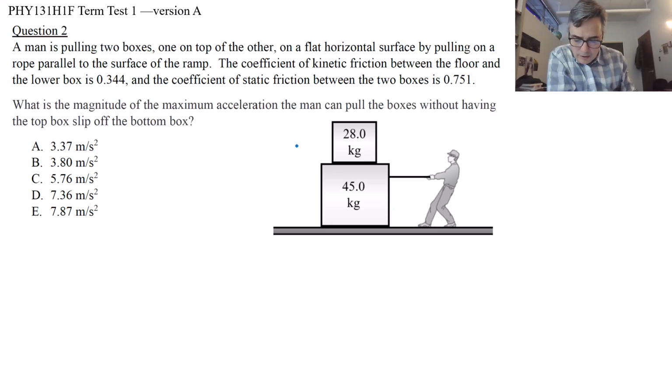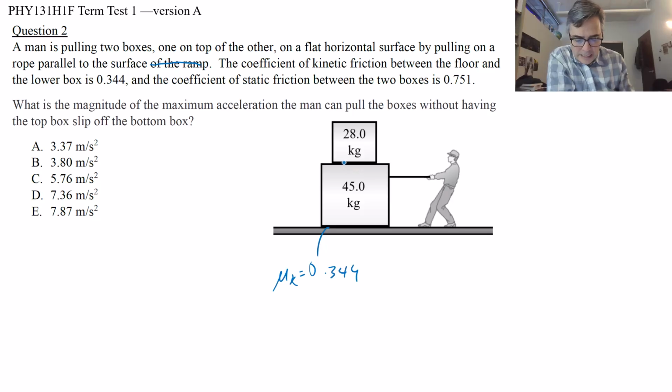A man is pulling two boxes, one on top of the other, on a flat horizontal surface by pulling on a rope parallel to the surface. A horizontal rope, I guess, right? The coefficient of kinetic friction between the floor and the lower box, mu k, is 0.344,